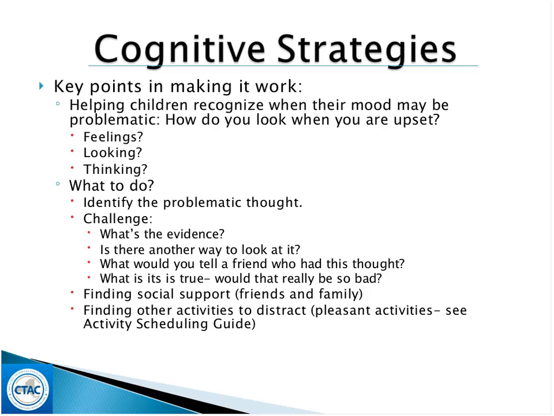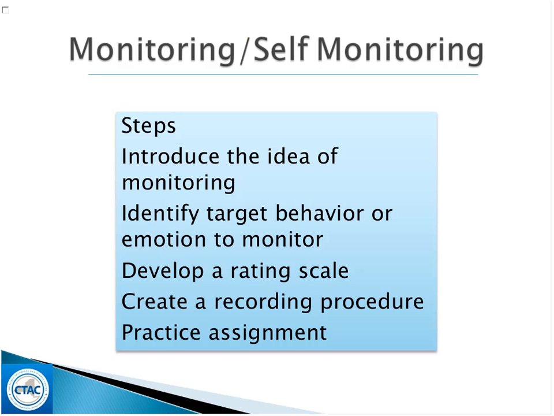So for some youth, it may be very difficult if they have a cognition that they seem to say, there's a lot of evidence for it, I'm looking at all the perspectives, this still makes a lot of sense, it is really problematic, it would be a real problem if it actually happened. Sometimes they're really stuck in the moment, and what's often best is to do something at the behavioral level, which is the doing part, getting them to do something different. And that's part of activity scheduling, which we'll actually get into right now.